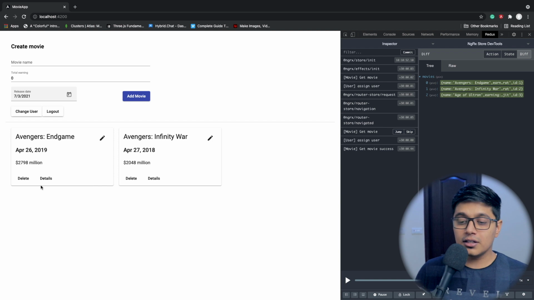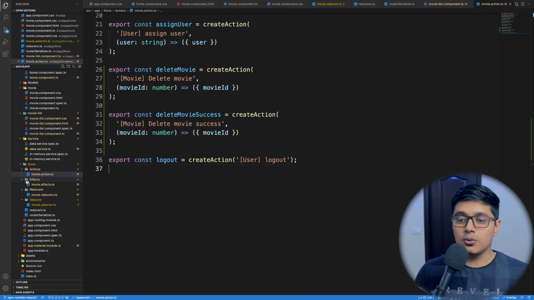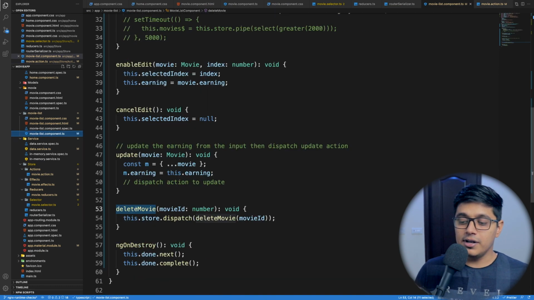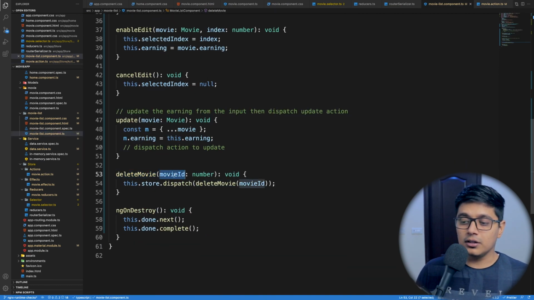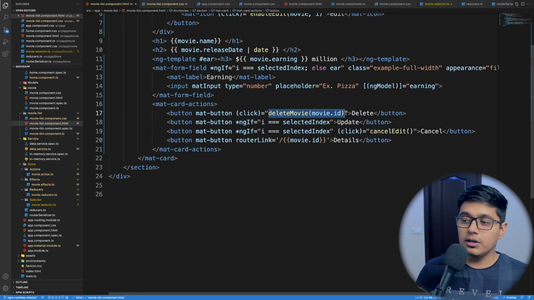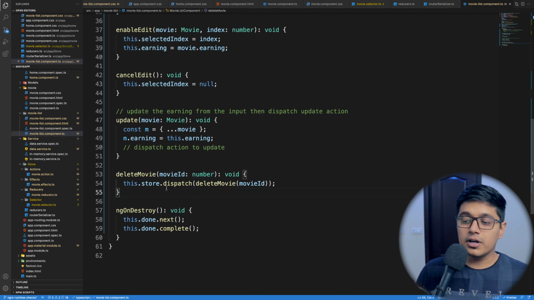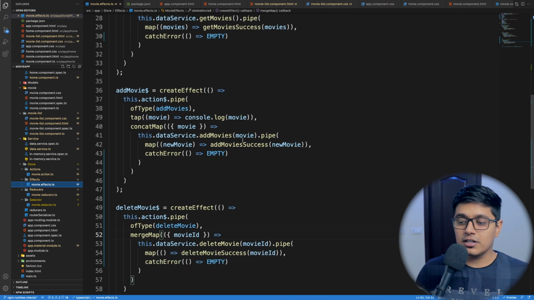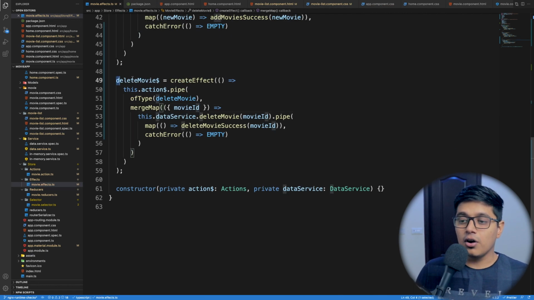And in our application, on click on delete, we are calling our delete method. So I will just go there. Here we are calling delete movie, and we are passing the movie ID from our HTML. If I show you here, delete movie, and we are passing the movie ID. And inside this, we are dispatching our action delete movie, passing the same ID. In our effect, I have added another effect called delete movie, and we are listening to the type